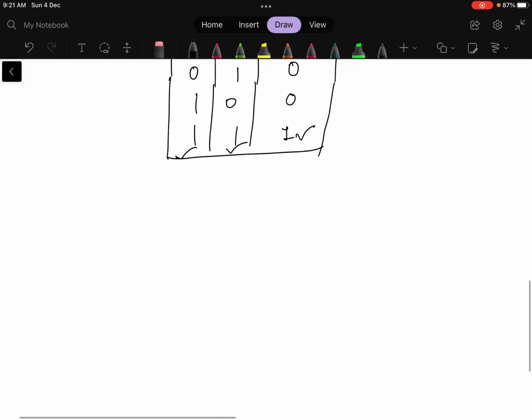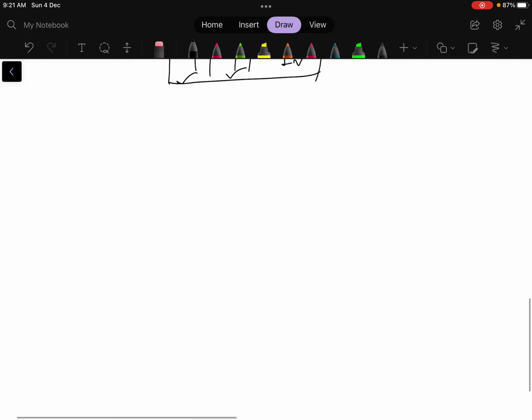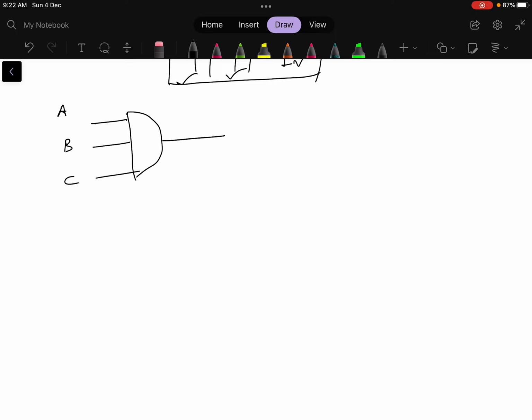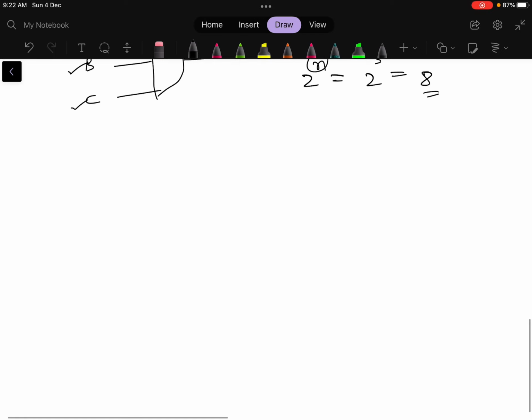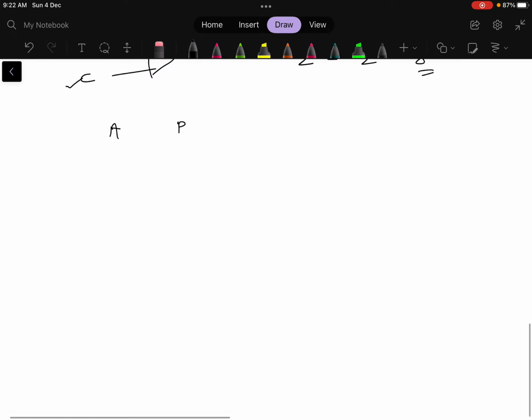Now let's draw the truth table for 3 inputs of the AND gate. First, let's draw the symbol with 3 inputs A, B and C. Here we have the AND gate and we get the output as A dot B dot C. For the truth table of this AND gate, we need 2 to the power n rows, where n is the number of inputs. So we get 2 to the power 3, because here there are 3 inputs A, B and C. So we have 8 possible outcomes in this truth table. Let's draw the truth table: A, B, C and the resultant Y, A dot B dot C.